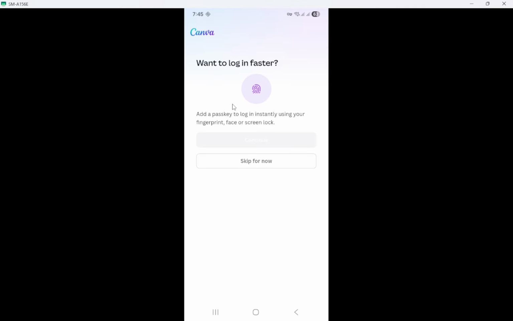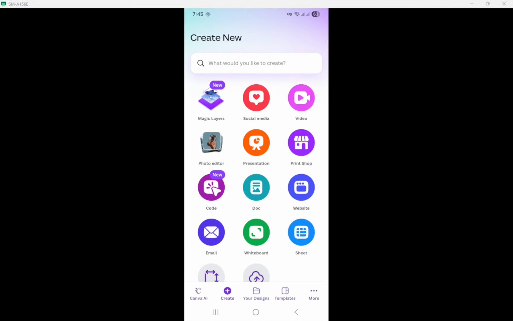Plus, the app includes AI-powered tools and a vast library of templates to speed up your workflow and spark ideas when you're not sure where to start. Canva describes this app as an all-in-one photo editor, video editor, and design platform, and that really captures it. Everything is designed to be approachable, even if you're new to design.